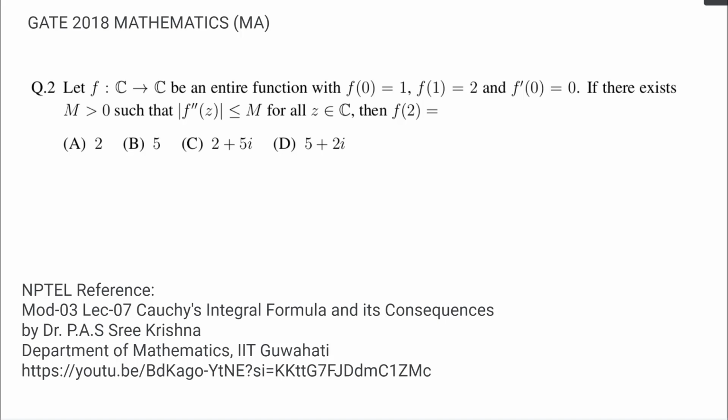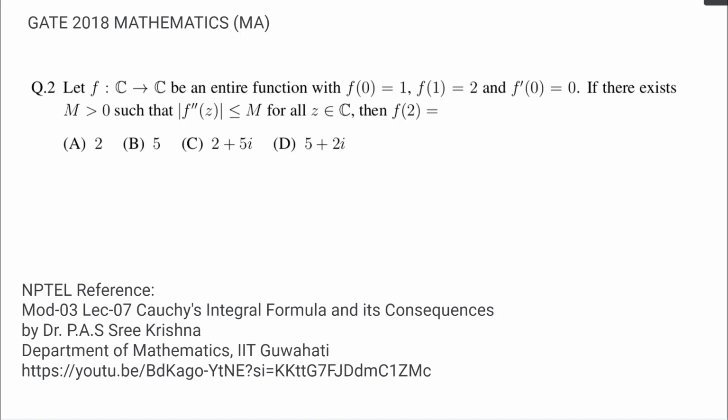The problem is from GATE 2018 mathematics paper, question number 2. The problem is, let f from C to C, the set of all complex numbers, be an entire function with f of 0 equal to 1, f of 1 equal to 2, and f dash of 0 equal to 0. If there exists m greater than 0 such that absolute value of f double dash of z is less than or equal to m for all z belongs to C, then f of 2 equal to, it is asked to